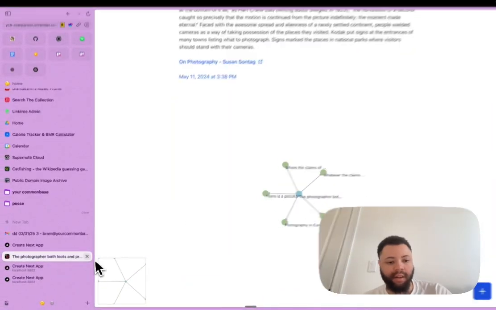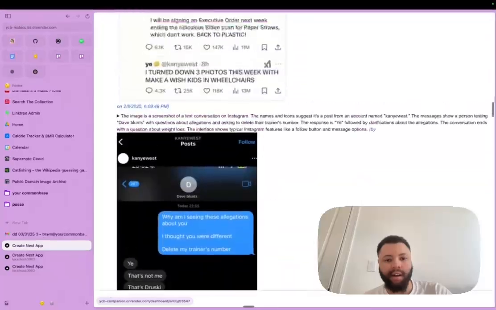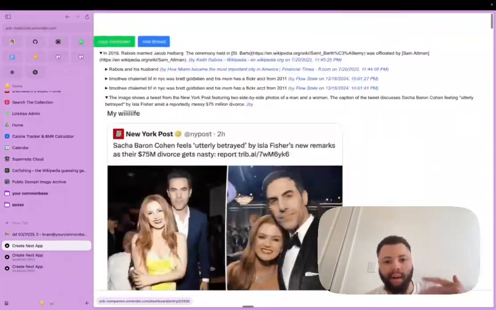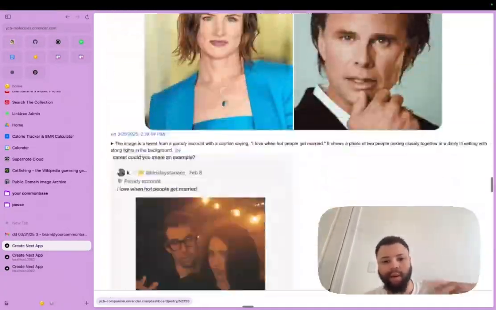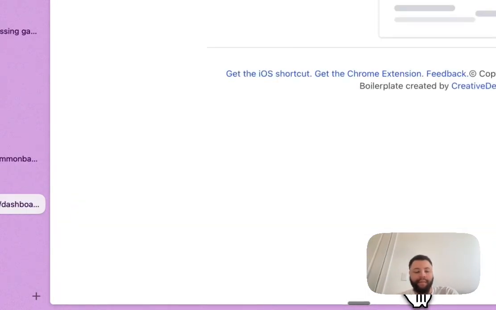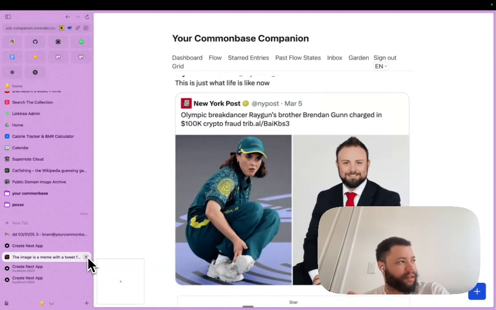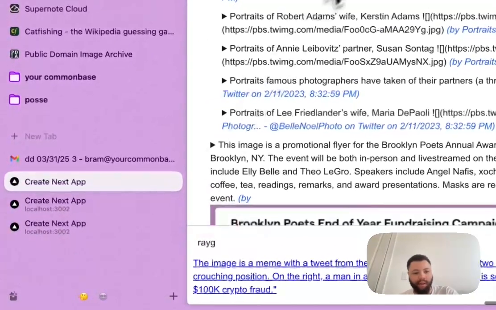And basically the idea of this is that it allows you to bring in this huge amount of data and feel like you can scroll through it really easily without being overwhelmed by it. So, for example, if I wanted to search "ray gun" here too, I have added full text search to just these threads, which allows you to search it.